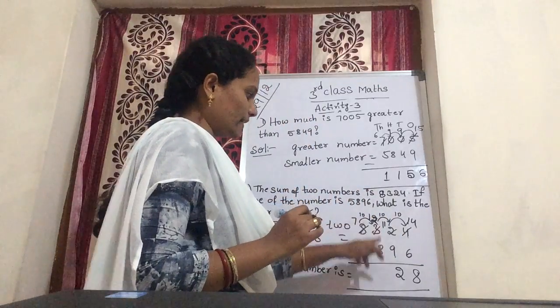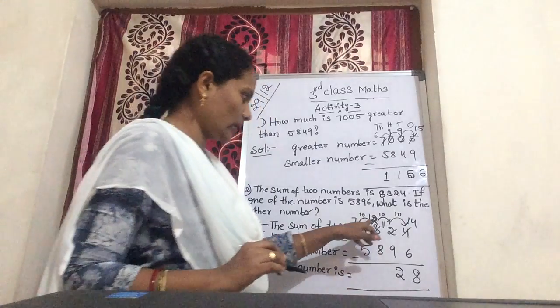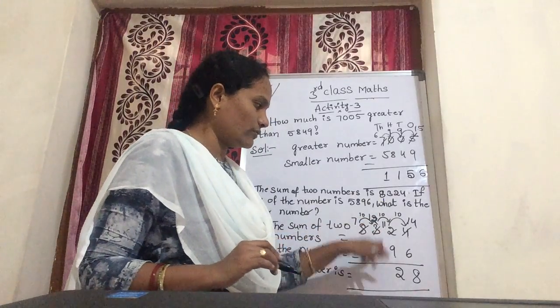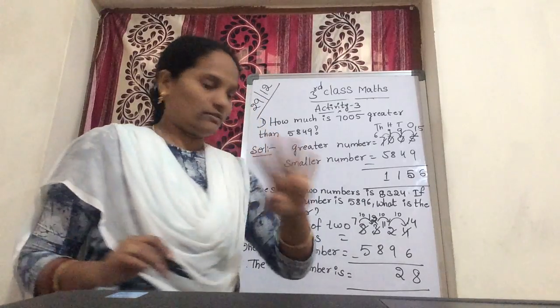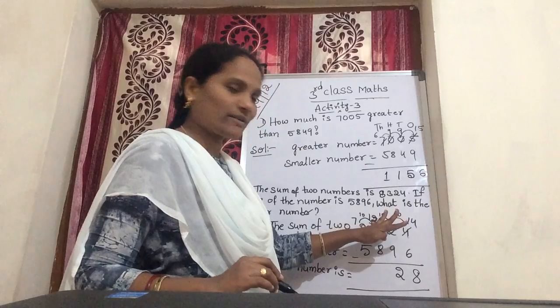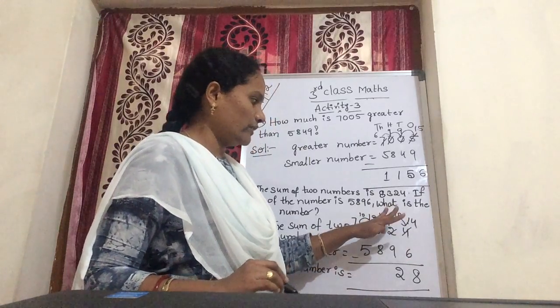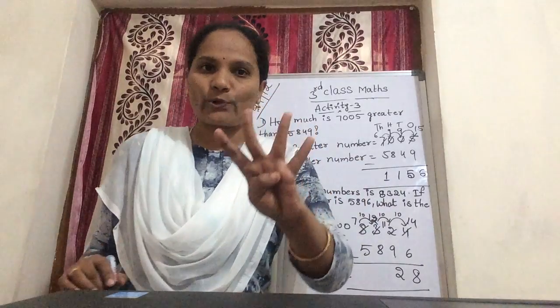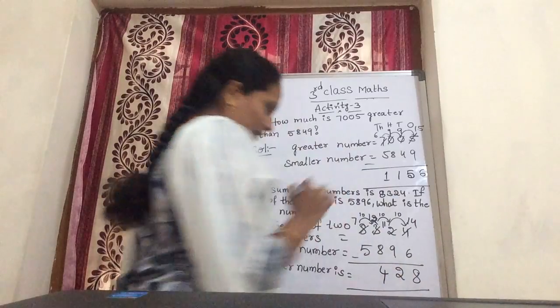Now 12 minus 8. We have to subtract 8 from 12. Okay. Now 12 minus 8. 8 after 9, 10, 11, 12. We have to count up to 12, because the first number is 12. So counting from 8 after up to 12, you get 4. So what is your answer, Amma? 4. That write in hundreds.